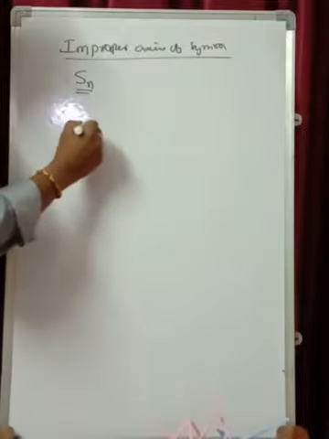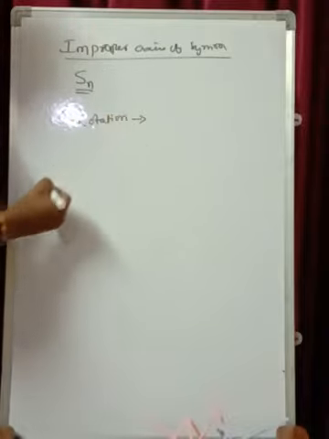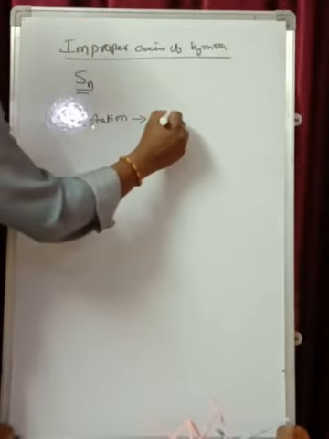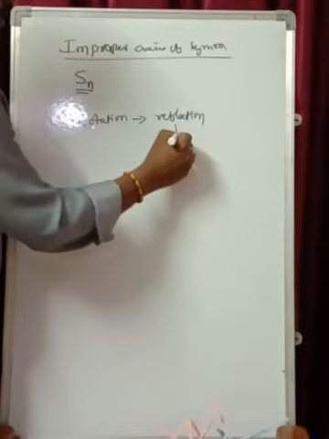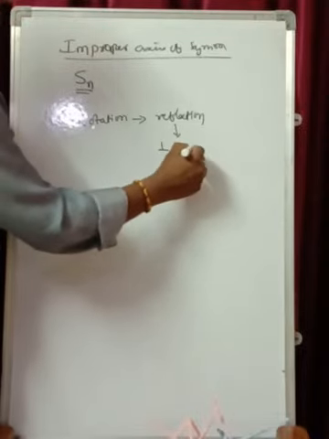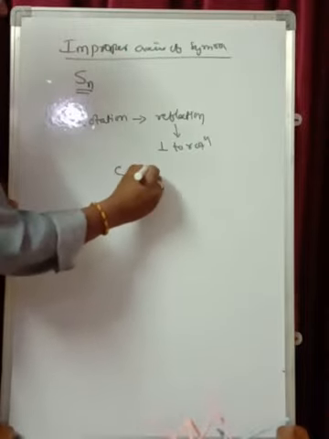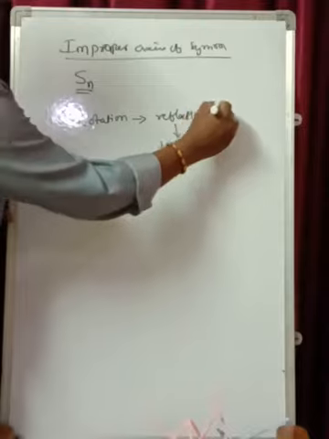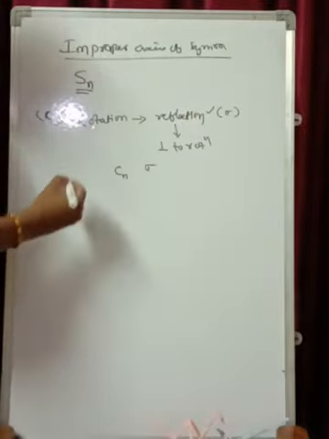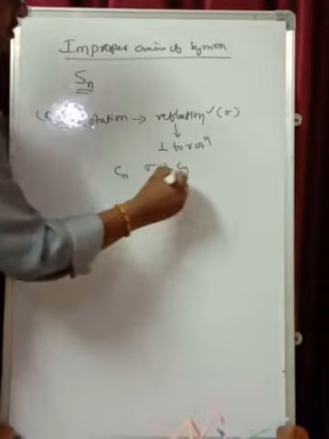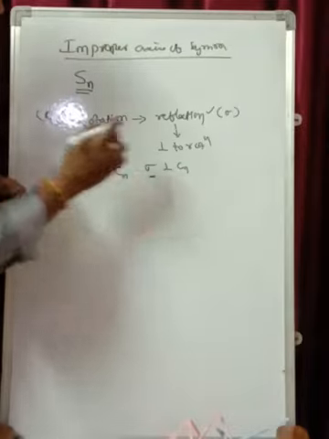So in improper axis of symmetry, rotation is followed by reflection. The condition is that this reflection is perpendicular to the rotation. Or you can label it as Cn followed by sigma. Here reflection is given by sigma, rotation is given as Cn. So Cn is followed by sigma perpendicular to Cn. That is, the reflection, the plane of symmetry, should be done perpendicular to the rotation.